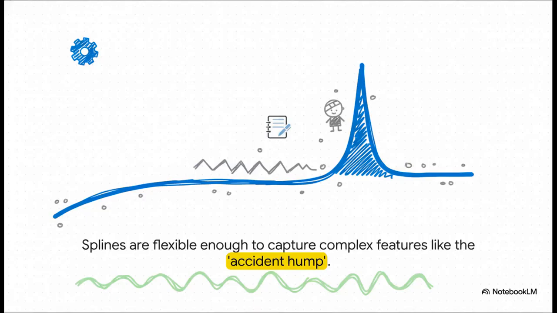And this is where you really see the magic of splines. Check out this slide. That smooth blue line was made with a spline. See how it's not just smooth, but it's also flexible enough to actually capture that weird little spike in the raw data? That's a real-world feature known as the accident hump, which reflects higher mortality for young men. A more rigid parametric formula would have probably just smoothed right over that crucial detail.